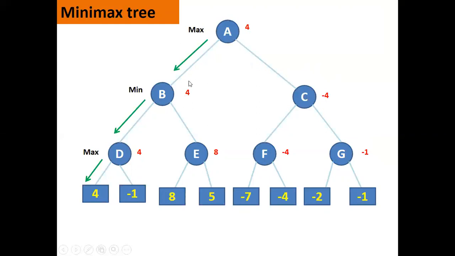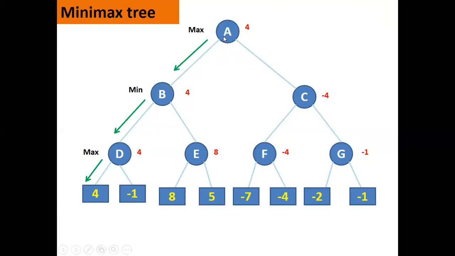Now, the next turn is of Max. He'll select the maximum. So here you have +4 and here you have -4. So it will select the +4. Now player Max has got a value using which he can follow a path so that the score will be towards winning. If you look at the path, how did we get 4 here? From A to B, then B to D. So this is the path. The green arrow shows the path that A will select to make his move so that he gets a positive value. This is very simple in fact.